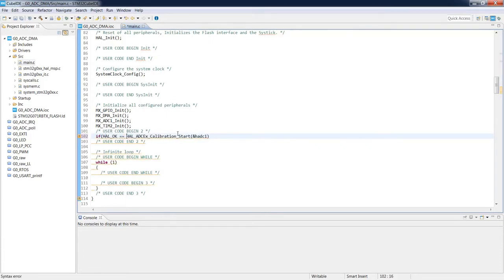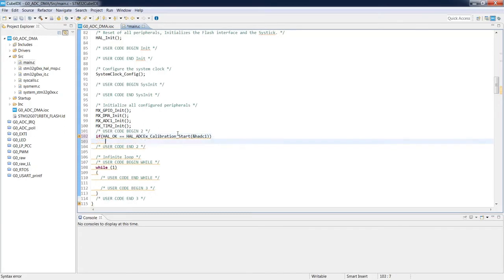If it's executed correctly, it should return the value HAL_OK. So I would use a simple if, and if it's not equal, it should execute the error handler function.